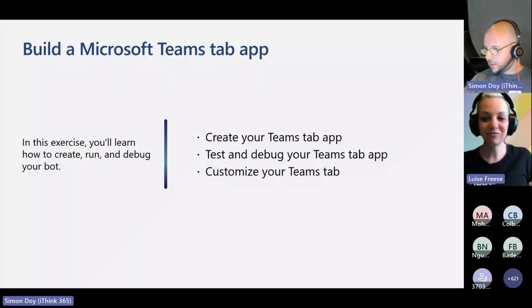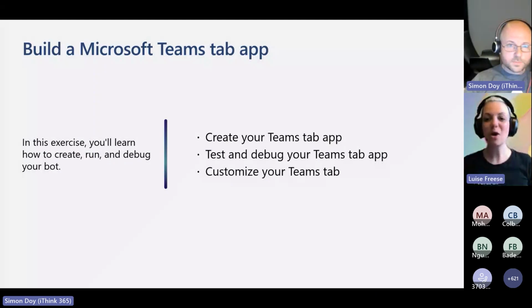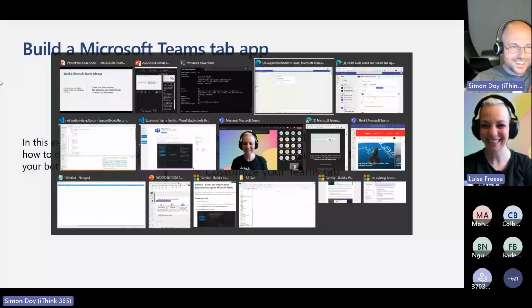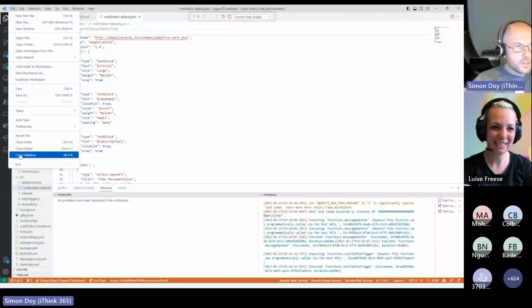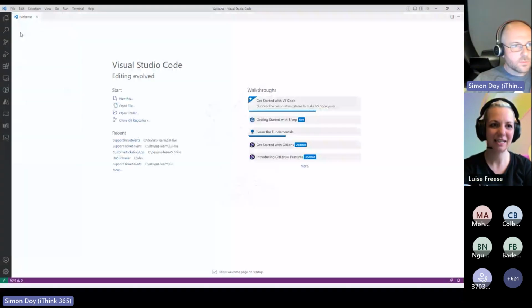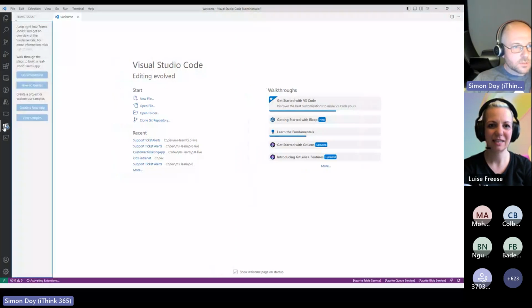Right. Show us code. Okay, let's do it. We want code. So I'm going to close this folder and I'll start again. So again, from the Teams Toolkit,